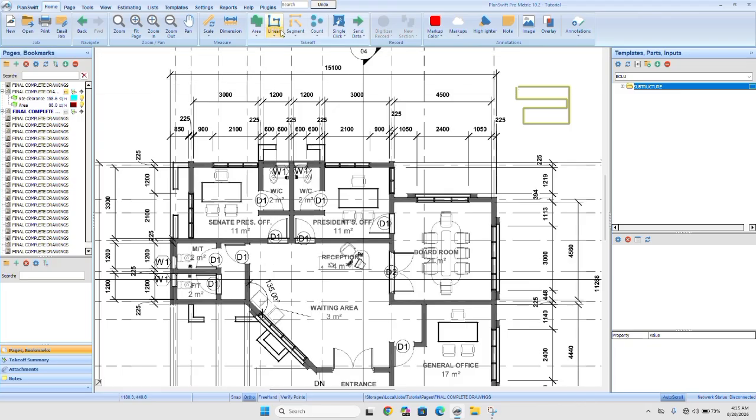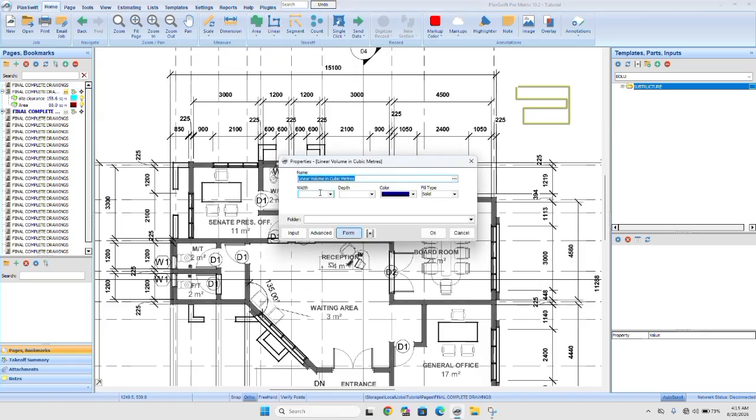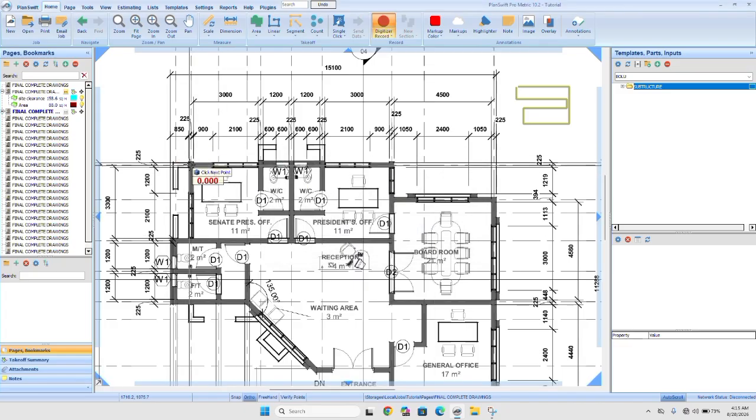Then let's assume I want to calculate for our trench. You choose linear volume in cubic meters. Why? Because this will give you allowance to add your width, 0.68 as the case may be. Our depth, let's say, for example, 0.9 meter. Then you click on OK. When you start to trace,